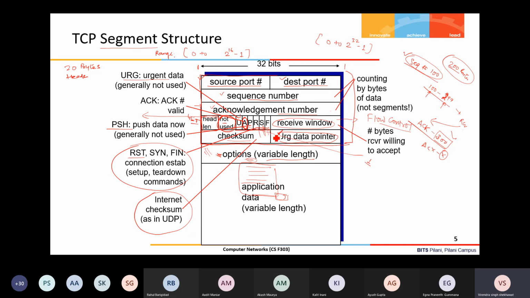We will talk about these flags when we discuss connection establishment and connection close. RST is for reset, SYN is for synchronize, basically handshaking when it is happening, and FIN is finish, basically finishing or closing the connection.